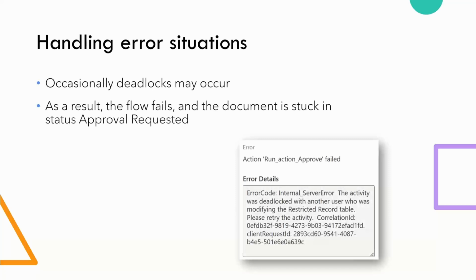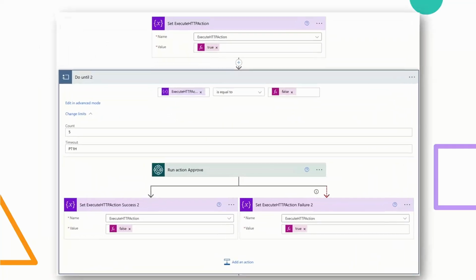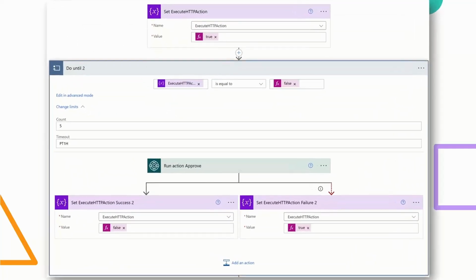Sometimes you have a deadlock, I have been running into this one, probably due to the order of locking in code. It doesn't happen always. We haven't seen it now for quite some time, but sometimes it does, especially when you're updating the approval response. The way to do that is retry the approval action. This is, by the way, the final slide, so I'm almost done.